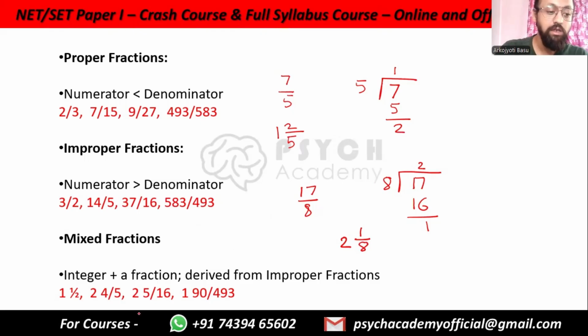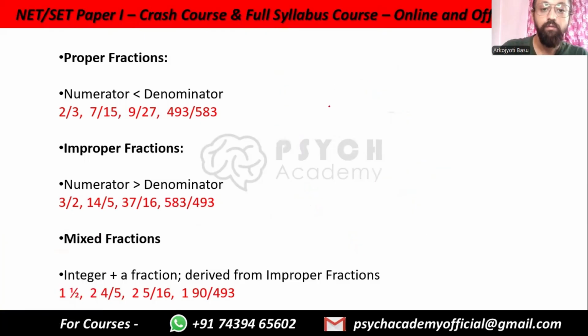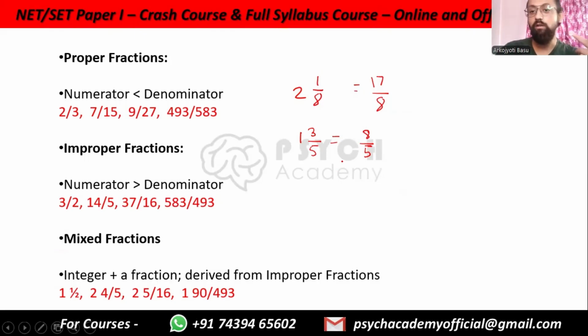So how do we change it back? How do we change something from mixed to improper? Let's start with 2, 1 by 8. So we first have to multiply these two. 2 and 8 becomes 16. 16, add this, 16 plus 1, 17 is equal to 17 by 8. Similarly, we can take 1, 3 by 5. Multiply 5 into 1 is 5. 5 plus 3 is 8. So 8 by 5. This is how we convert this, and this is important because in many questions they will